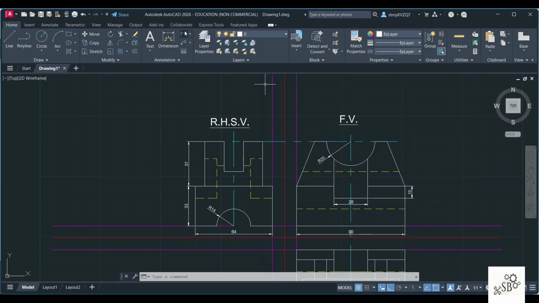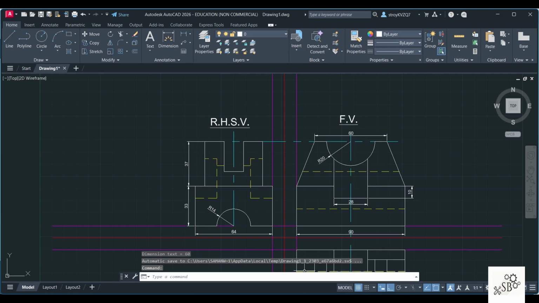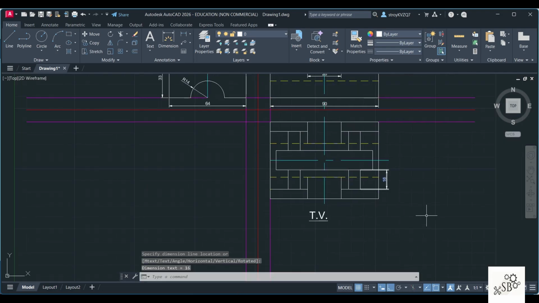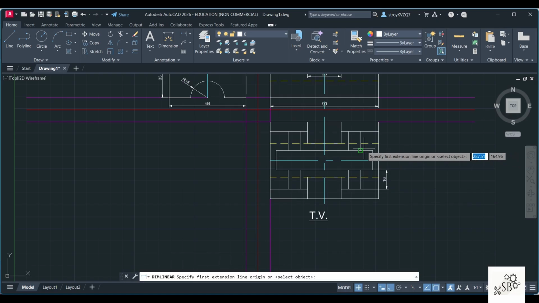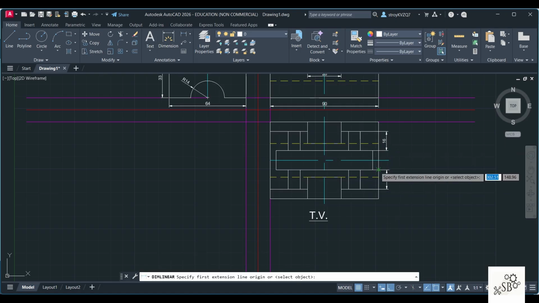From here to here, this distance is 60. This is given as 16. This is also given as 16. So is this gap.